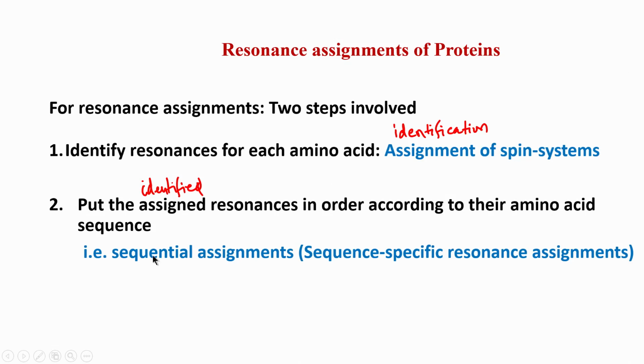So, that second step which I showed you using NOESY is called sequential assignment or sequence specific resonance assignment, because now specifically we are telling glycine number 2 is this peak and glycine number 4 is that peak and so on.